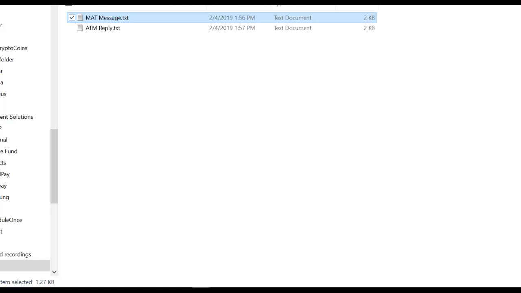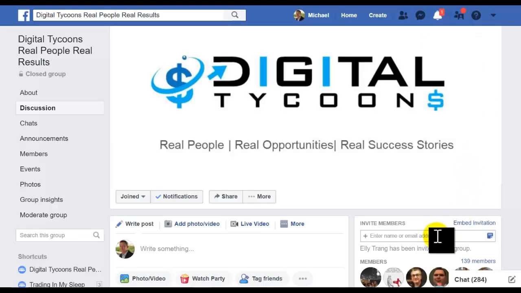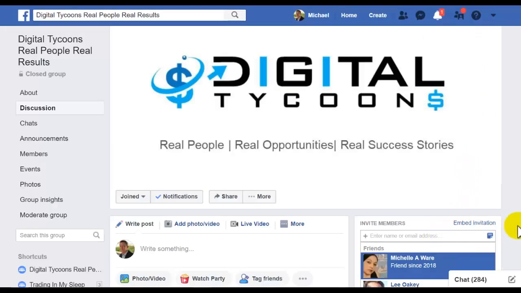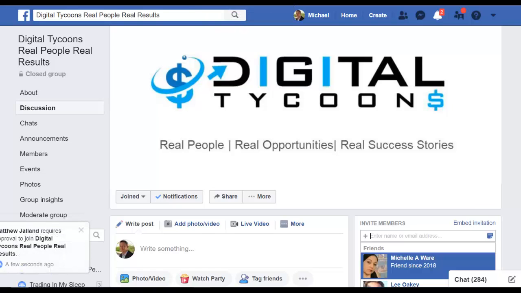I've shown you how to do that by simply choosing one of your friends, doing a search, and then using the @ symbol and their name in a post. You know how to send a message. You can do it through Facebook Messenger, through WhatsApp, through Skype, through text, whatever. Have those little copy and paste messages ready to go. I store them on my phone and also on my PC.